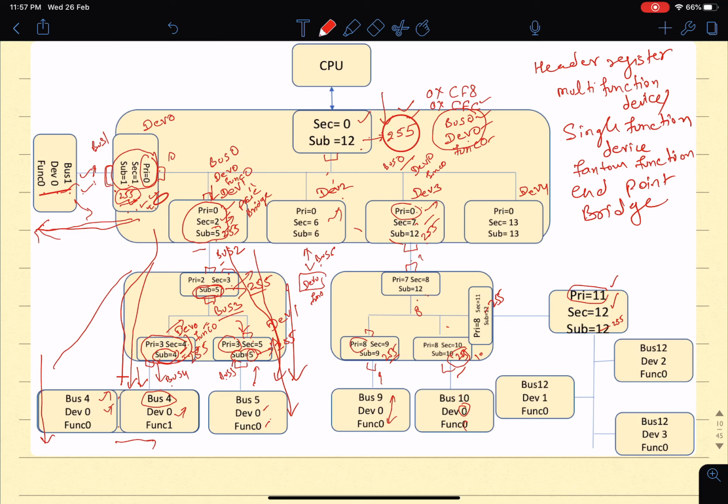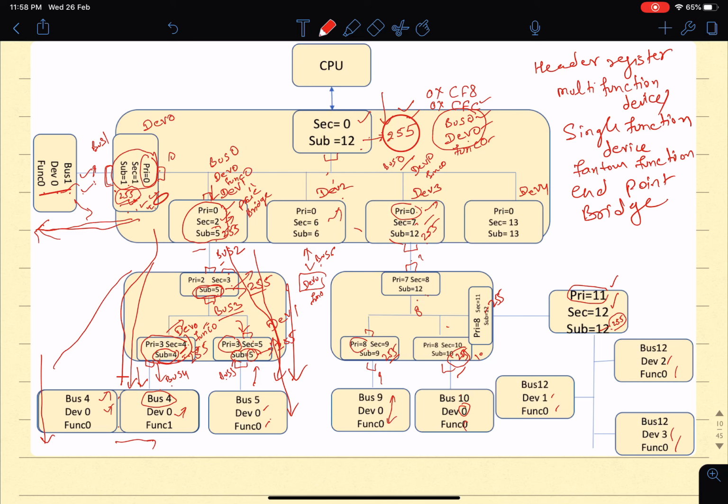On the PCI bus, we know it's a parallel bus. We will have device 1 function 0, device 2 function 0, and device 3 function 0. And once it is known that they are PCI devices and all are connected, it will be converted from 255 to 12,